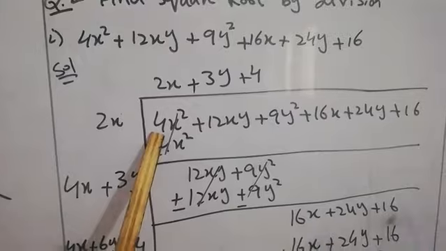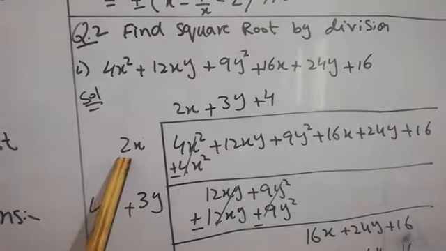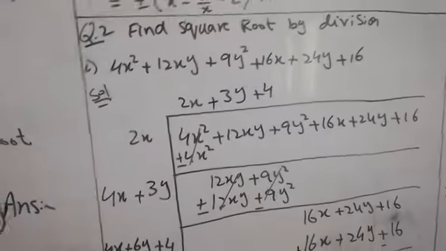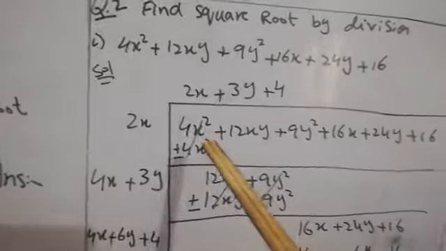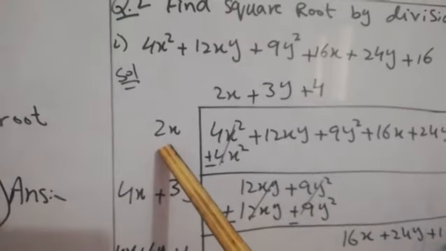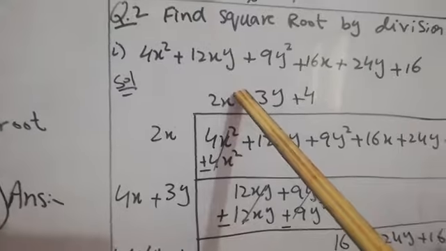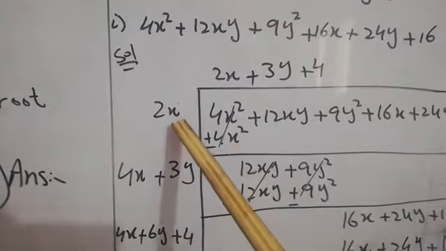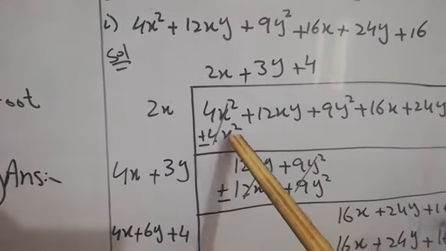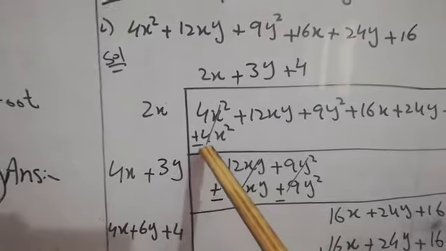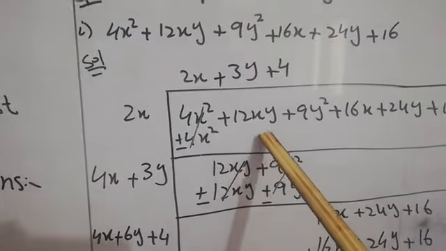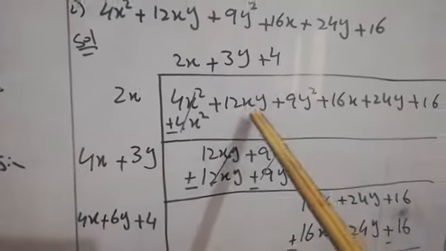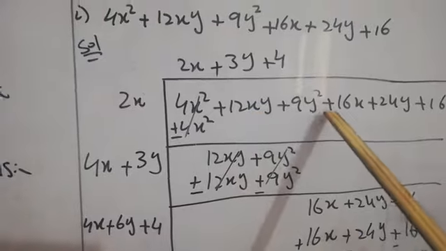First, remember one rule: we will multiply with the number here and then we will multiply that number here. Since 4x² is the square of 2x, we will write 2x here as the divisor and 2x as the quotient. So 2x into 2x will become 4x², meaning both values will be the same. In the first step, they will be subtracted from each other and cancelled, and in the next step we will consider two values next. You will write two values here, 12xy and 9y².